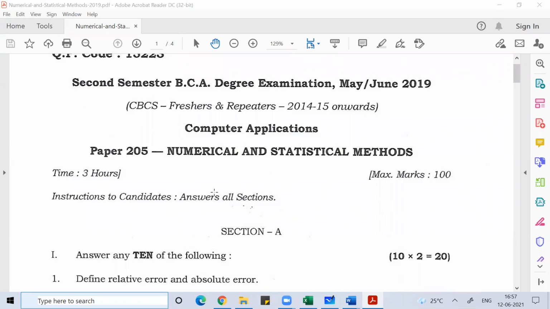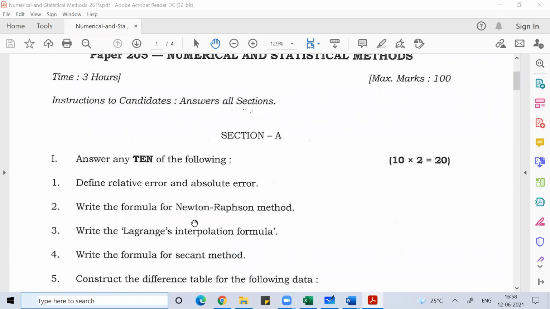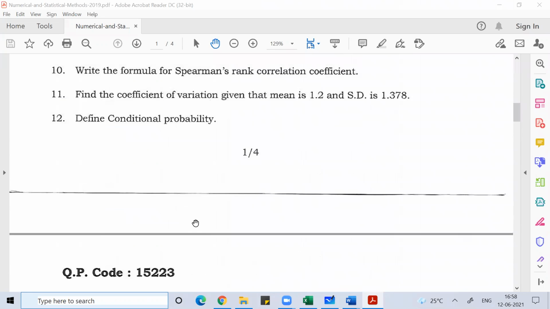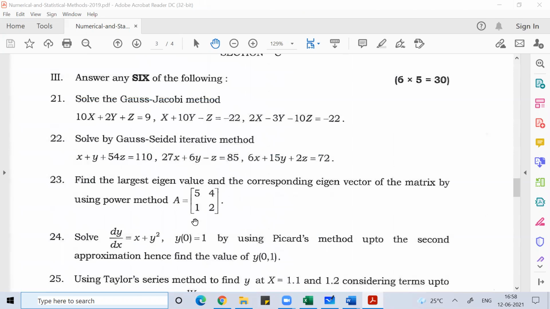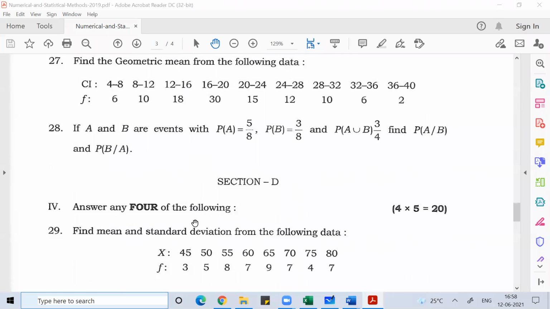Good evening, everyone. Welcome to the class where we're going to discuss previous year question paper for the subject Numerical and Statistical Method. And here in this class, we'll focus our discussion to the numerical of Spearman rank correlation coefficient method. In the previous classes, we have discussed the formula of Spearman rank correlation method. And from this, in 2019, there's a 5 marks question which came, so we'll discuss this question here in this class.